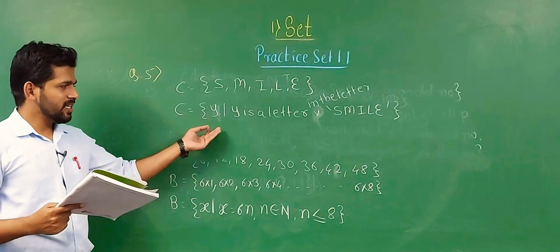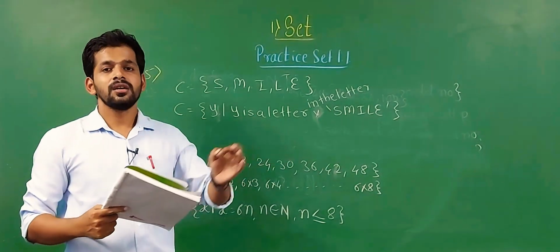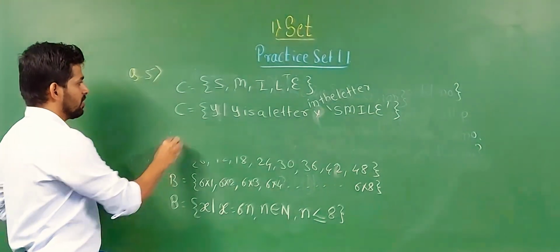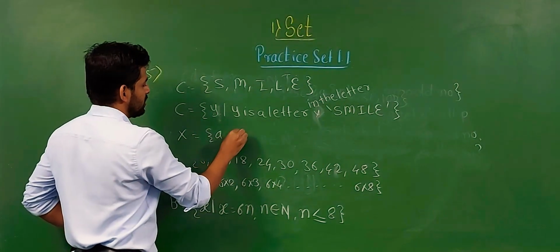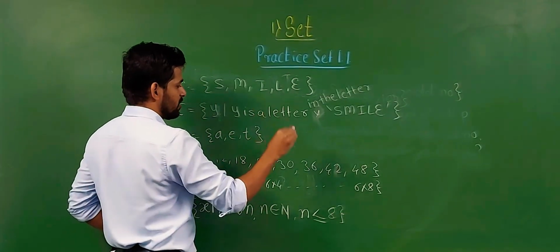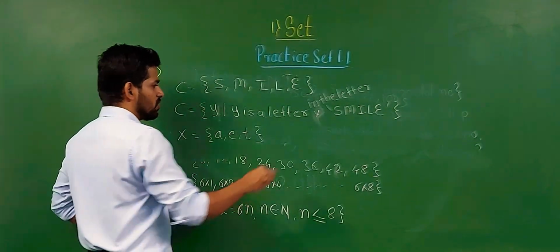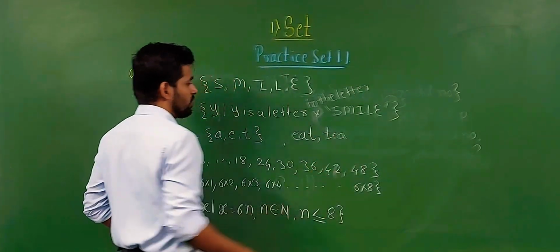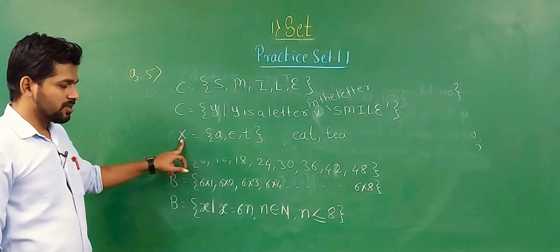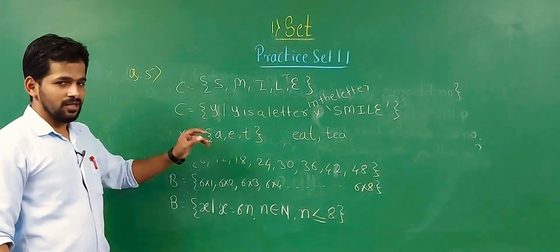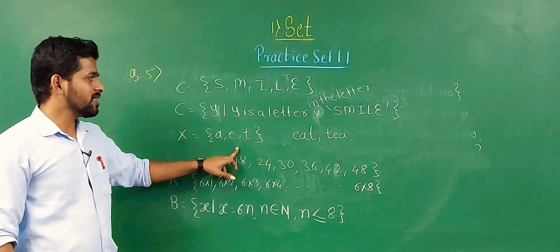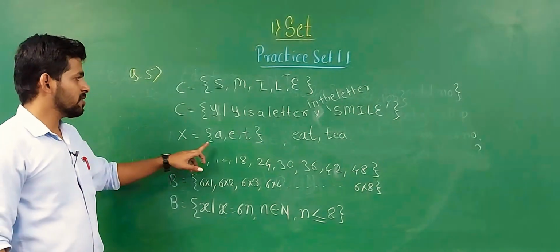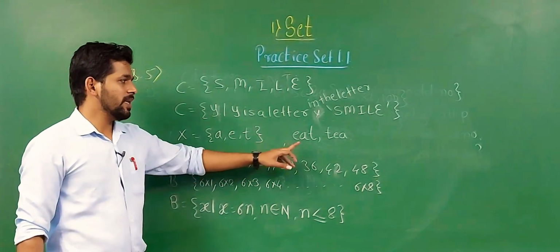You take Z such that Z is a day of the week. And the last one is AET, x is equal to AET. When you take AET, the first word formed is EAT, and also TEA, so we write two sets. First one, set X is the set of all Z such that Z is a letter in the word EAT. Or the other set, Z such that Z is a letter of the word TEA.